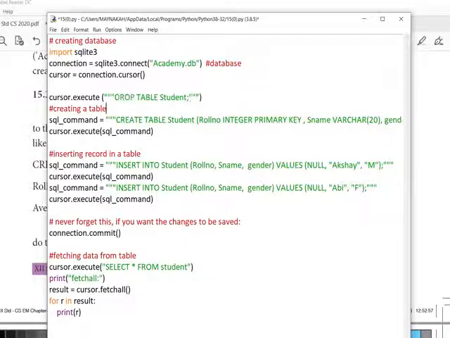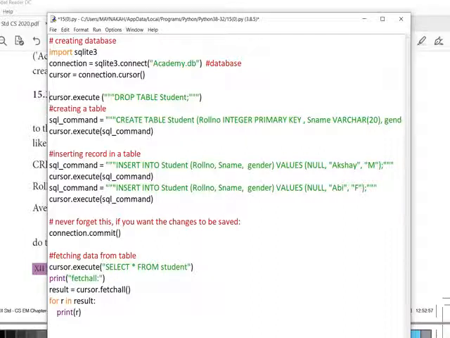Why we are doing this: the first time you execute the program, it won't give any error. But if we make any changes in the same program and try to execute again, it will say that the table already exists. So as I have executed the program many times for error checking, I am using cursor.execute drop table student. This will be useful only if you are going to run this program many times for error checking or any manipulation checking.